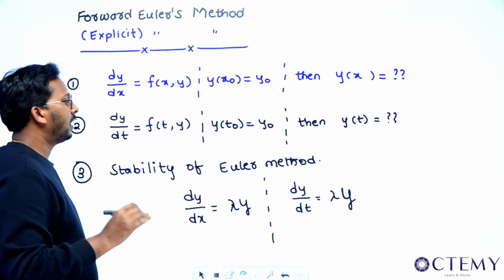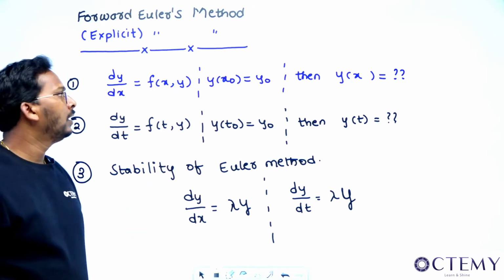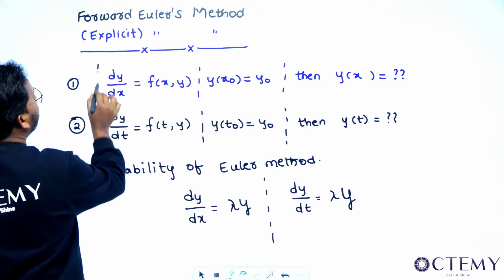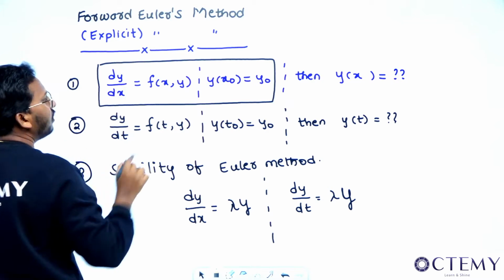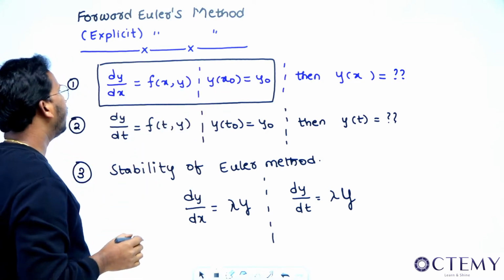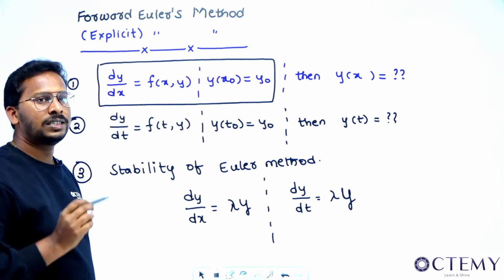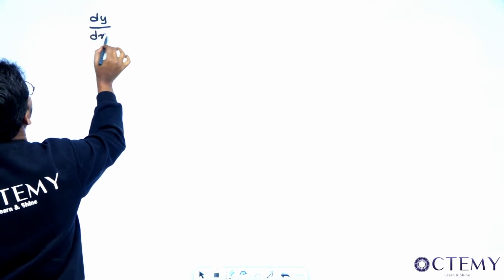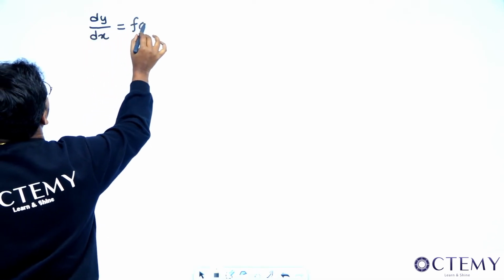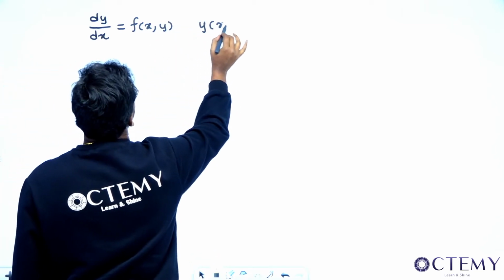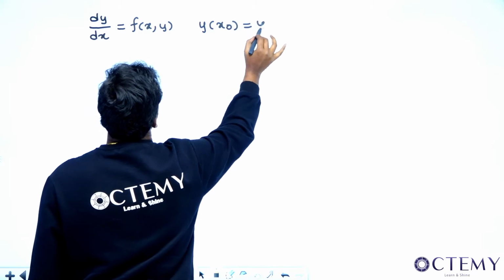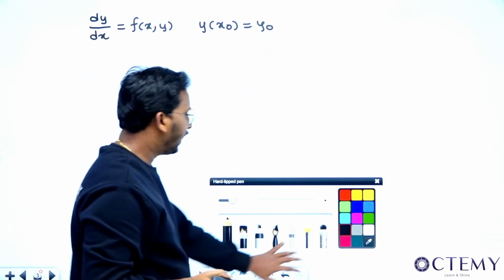So let us try to understand. I will get back to all these things one by one, but one thing you have to understand is this will be the question given to you, and this will be asked to you, sir. So we know that when we solve a first order differential equation, say we are getting a solution. So this is the question given to you. Say, for example, he has given you dy by dx equal to some function of x comma y, and y of x0 is equal to y0 is given, right? So we will be directly plotting what, sir?